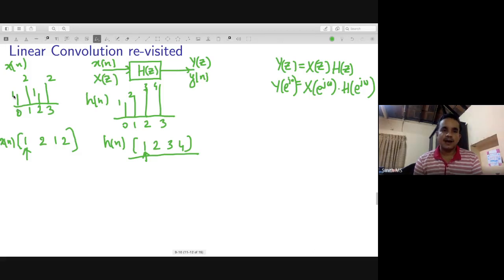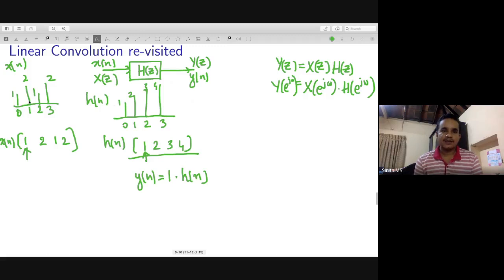So for one delta function at n equals 0, what you're going to get at y[n] is h[n] itself. So you get h[n] multiplied by, if this magnitude was 3, that would have been multiplied by 3. So here I will multiply it with 1. So 1 into h[n], you are trying to find what will be y[n]. So y[n] is 1 into h[n]. That is, you give an impulse, your output is the impulse response h[n].